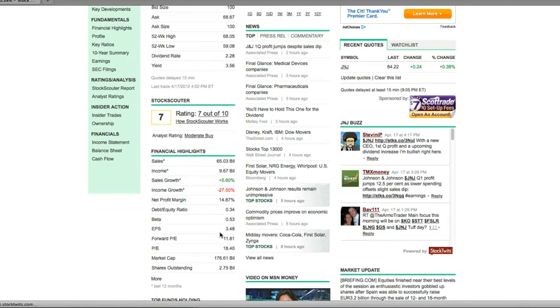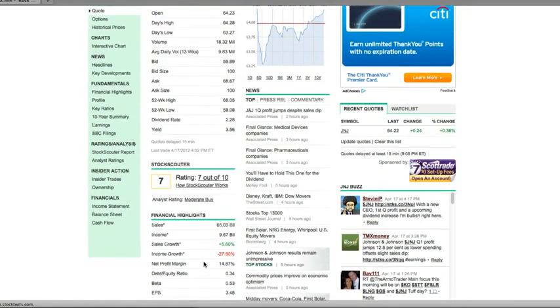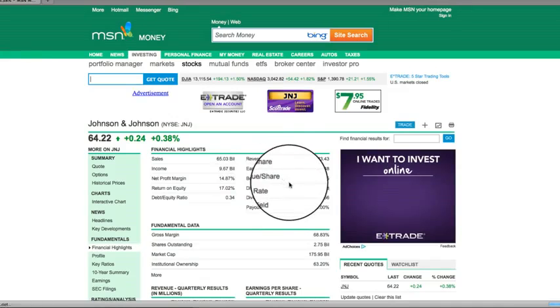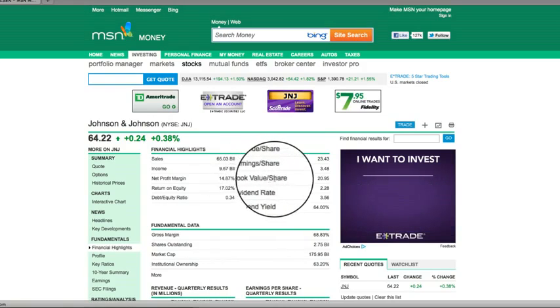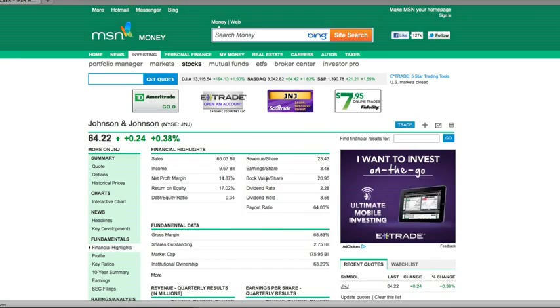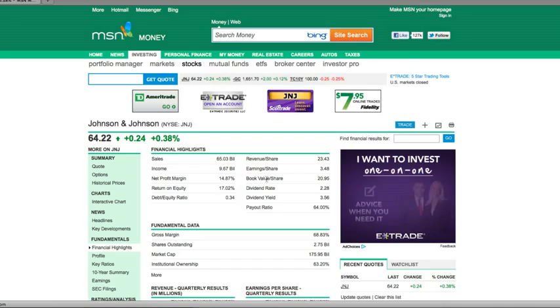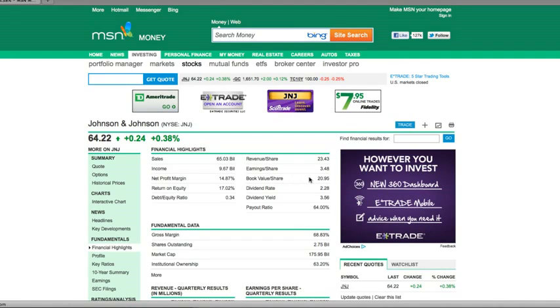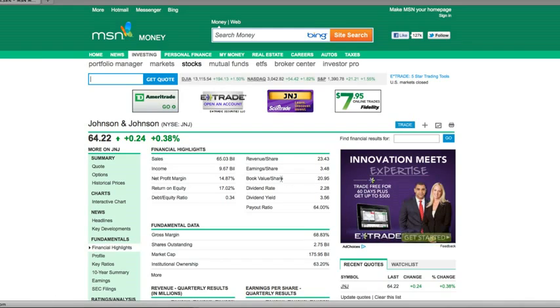Now the book value, which is from the balance sheet: if you take that balance sheet, look at the equity, and divide it by all these shares, it would give you the book value. Unfortunately, they don't have the book value listed on the top page. You have to go to financial highlights, I believe. Let me click there. Okay, and right here you can see the book value is listed. If you wanted to calculate the book value, just go to that balance sheet, take the equity divided by all those shares, and it's going to give you this number right here. So the book value for this company is